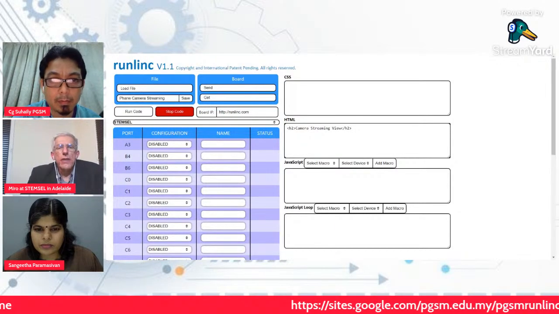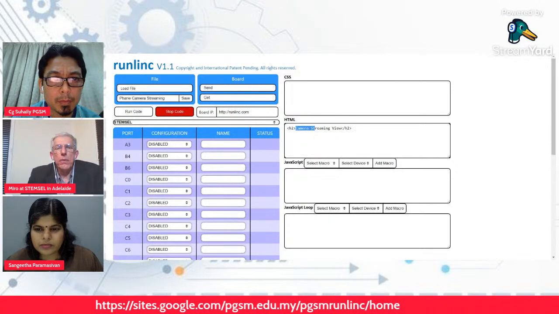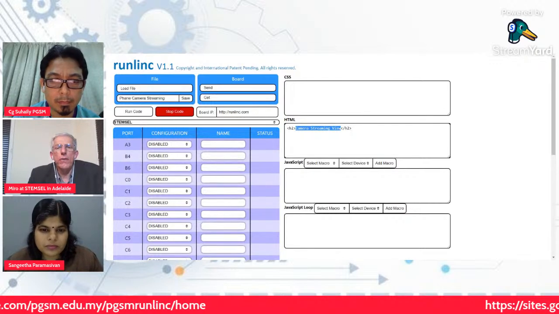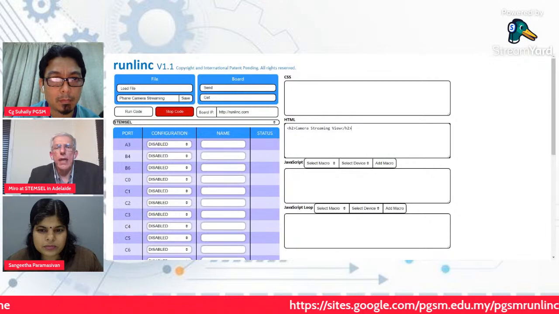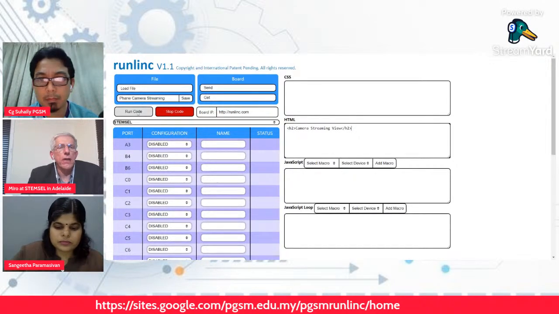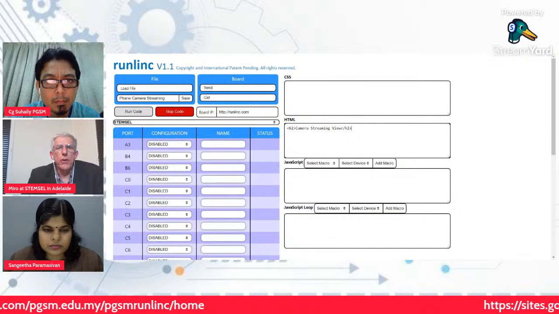So this is the way the HTML works. We have the triangle brackets, and then we can simply put in the text, whatever you wish to put on there. And obviously yourself and the students can be very creative. And this is the end of the heading. So in this case, if we actually run code, so if I press the run code,